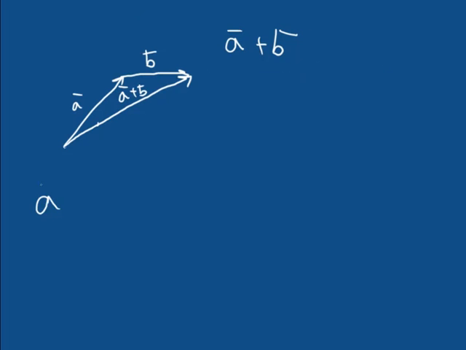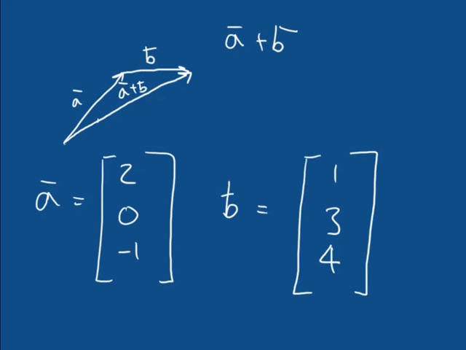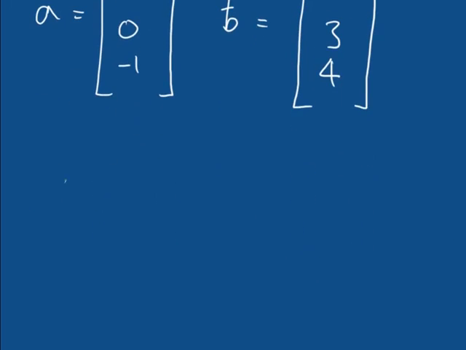And we can actually prove this if we were to come up with a couple of examples. So if I was to have a vector that was 2, 0, and -1, say, and another vector that was 1, 3, and 4, let's say. Now, if I was to add these together, we know that a plus b is going to be equal to,